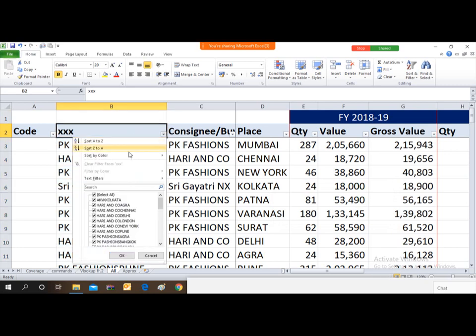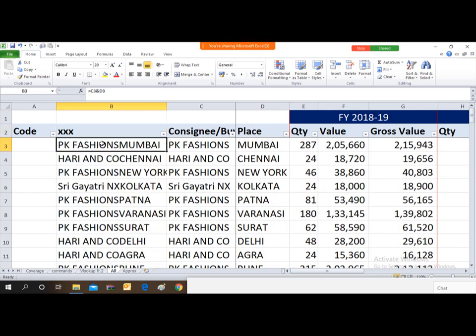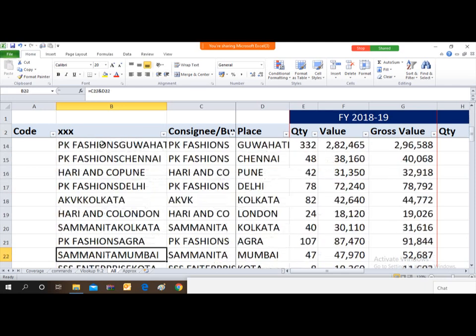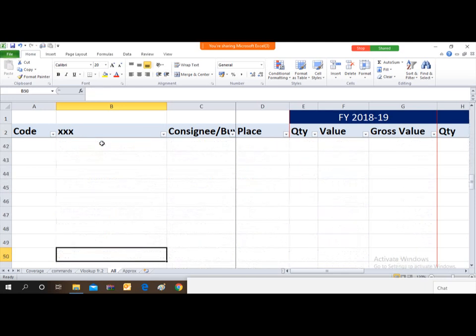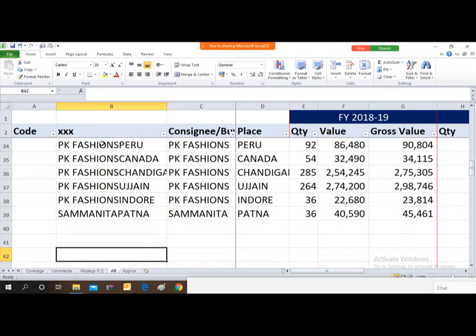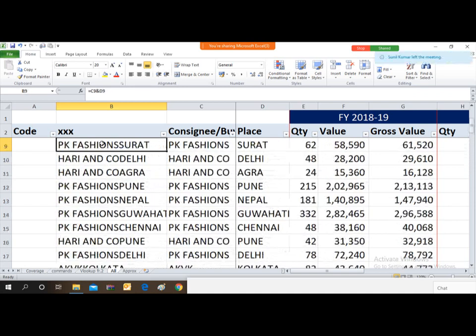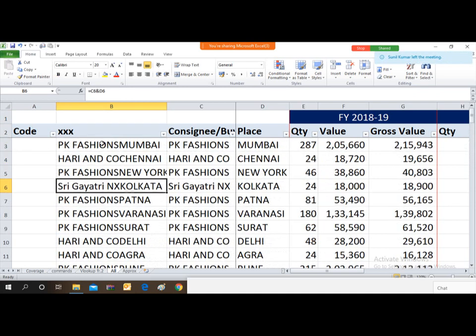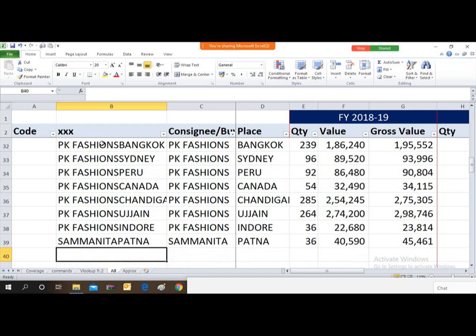If you drop down and see that no color is appearing, it means there is no duplicate value. Or you can just drop down the cursor and see whether there is any highlighted cell or not. I am not finding any highlighted cell over here, so it means my combination is unique.